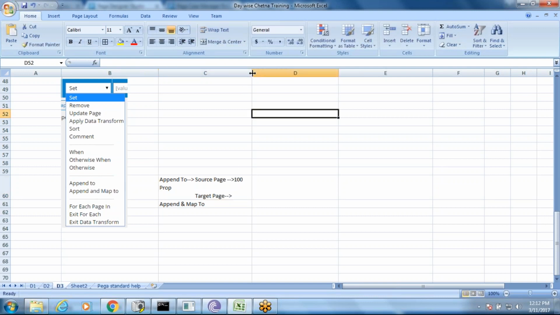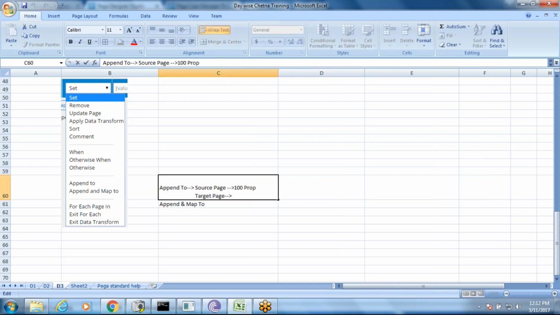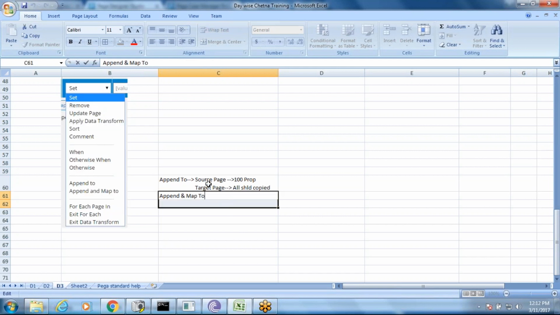Then I will go for append to. I want all 100 properties to be copied. Now, when I go for append map to,